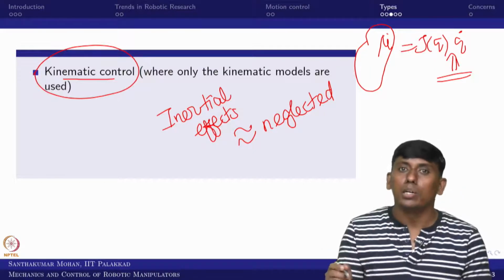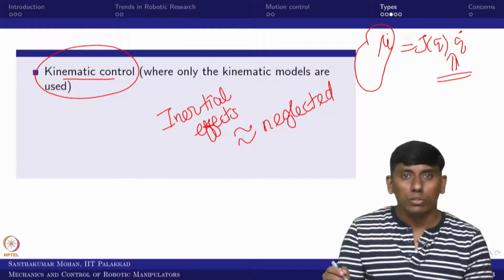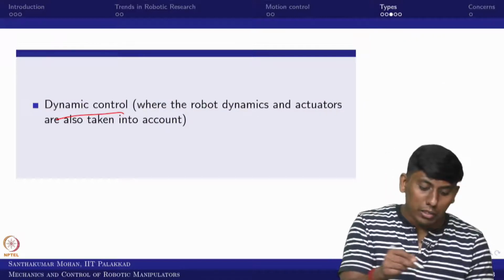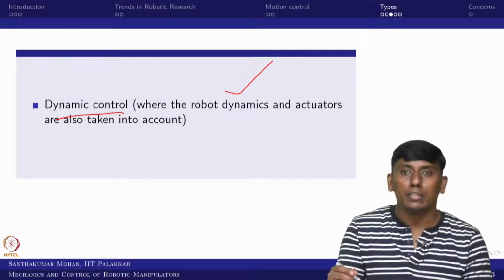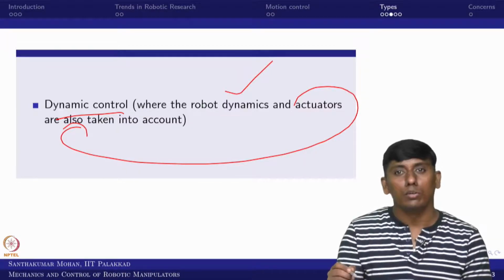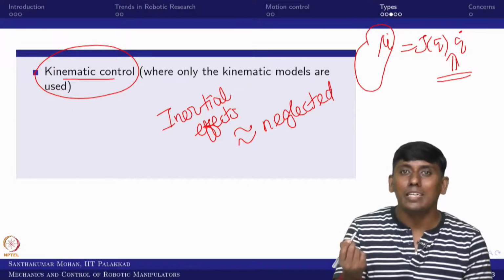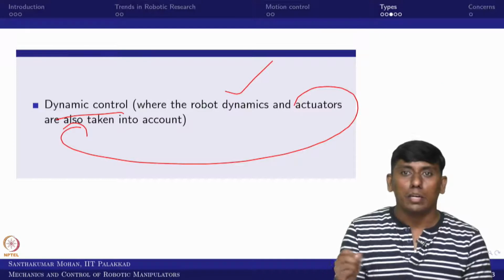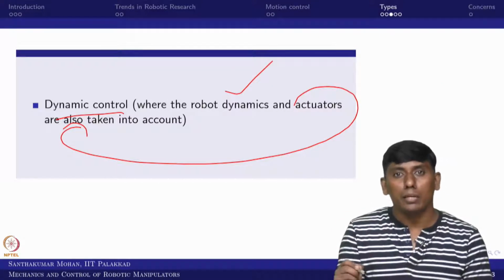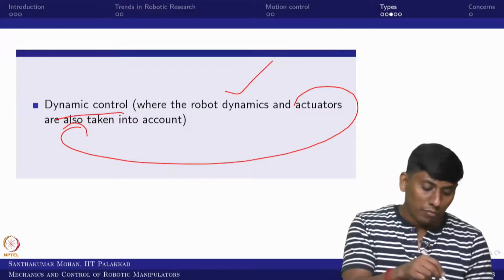However, if you go for high speed, or probably a spatial system, then the dynamic control is important. Dynamic control means the robot dynamics are also considered, and the actuator is considered as per the robot dynamics. In the earlier case we only bothered about the speed of the actuator, but right now we consider what torque would be required, how the torque would be obtained from the electrical motor or probably hydraulic motor, and all that we will see.